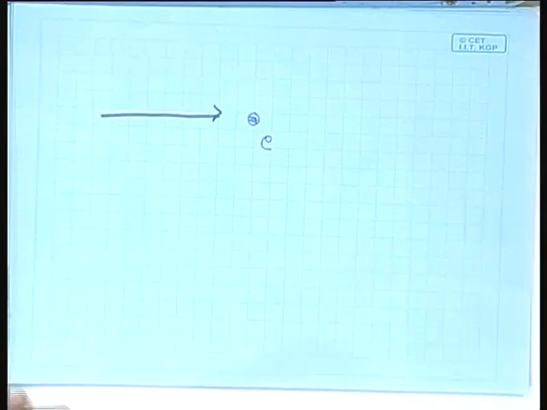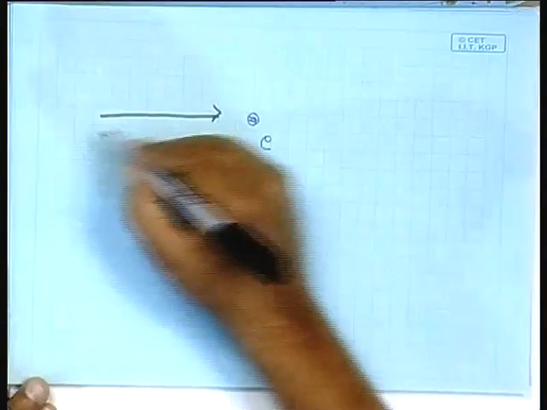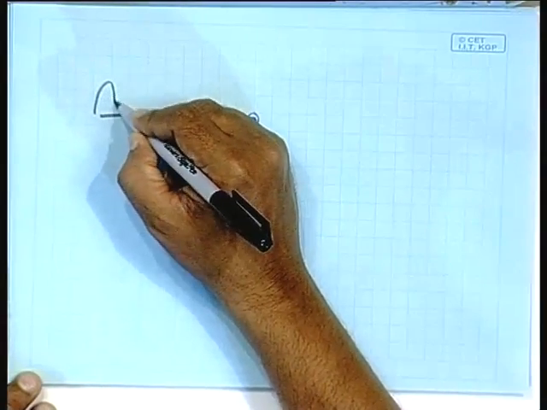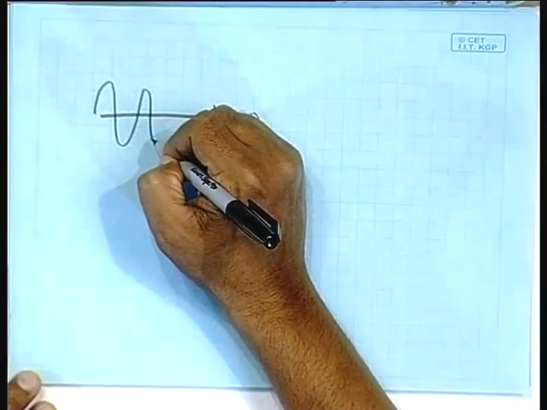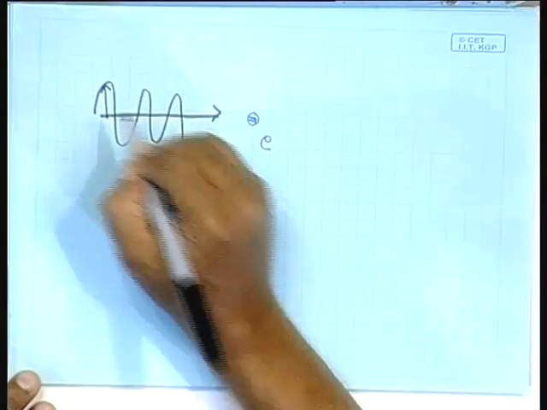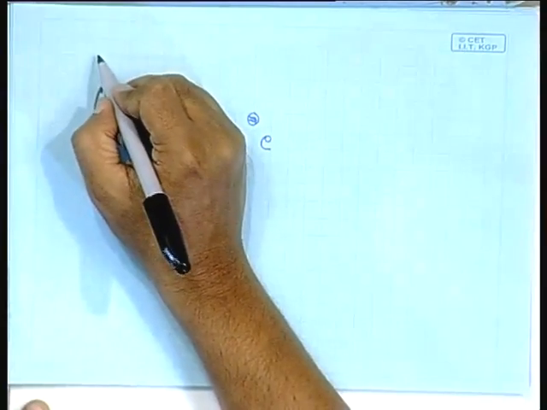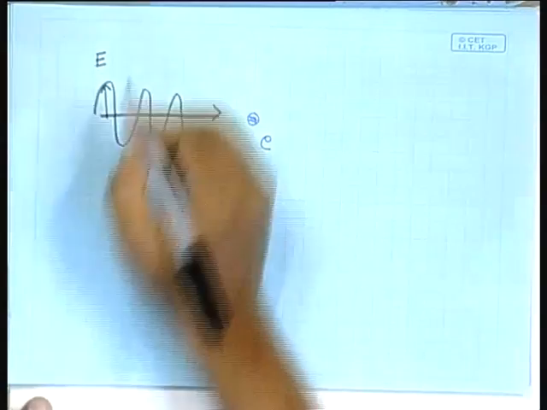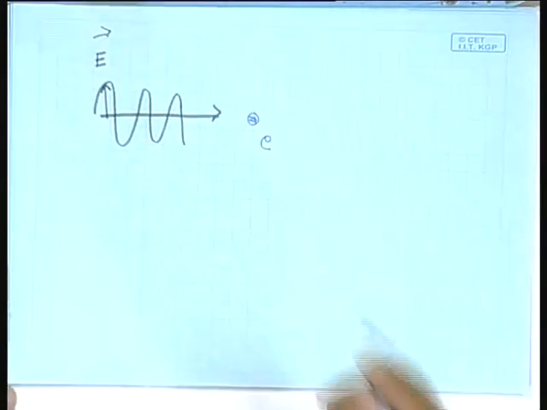Could be light, could be X-ray, could be radio waves, and we know that this radiation, the electromagnetic radiation, is an electromagnetic wave, and so what we have here is an oscillating electric field which at any given instant looks like this. So, when we speak of radiation incident on an electron,